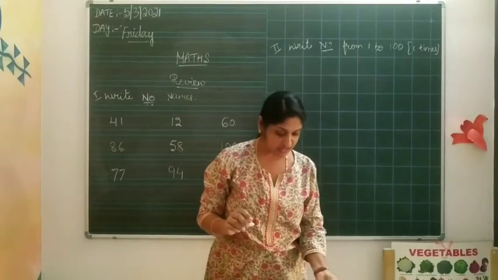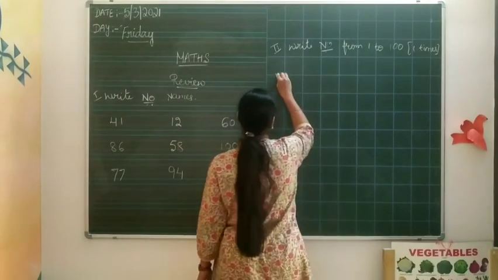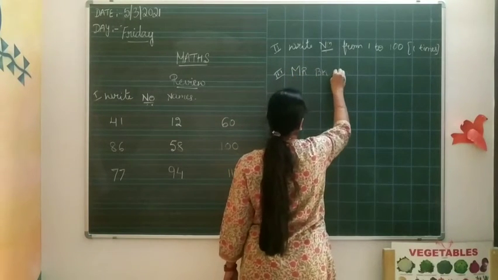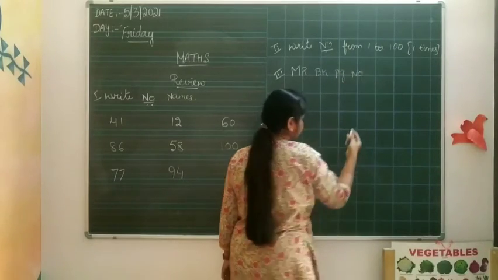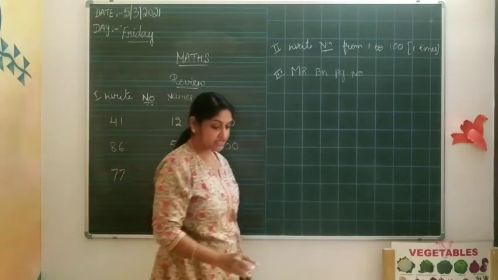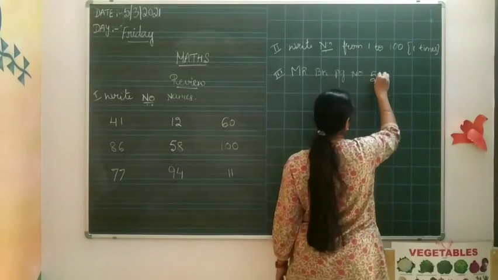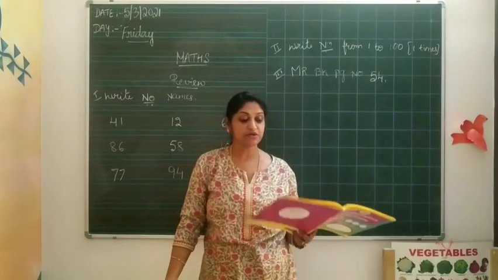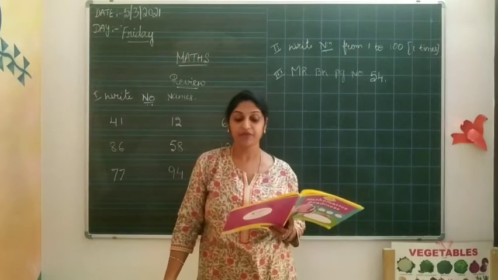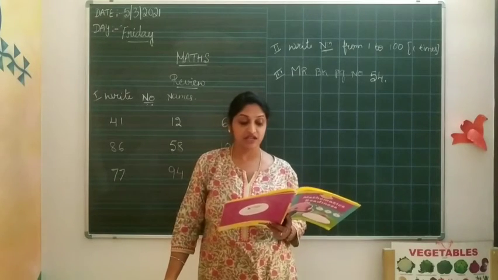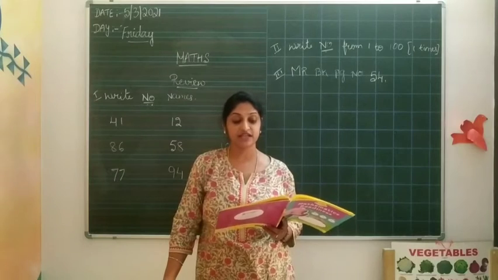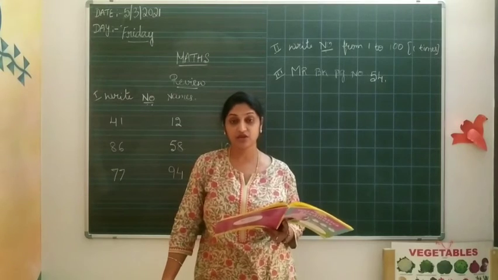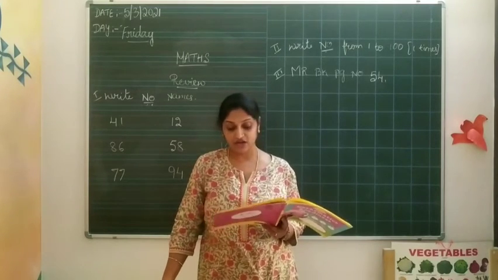With that, another homework is in your Mathematics Readiness book, page number 54. You have to do the worksheet. Circle the number that matches the corresponding number name: 97. You have to put the name and you have to put your date. Then you have to do the activity: circle the number that matches the corresponding number name. 97, you have to identify where is the 97 and circle it.